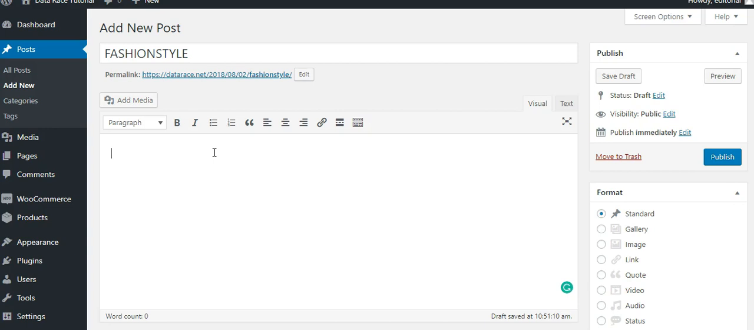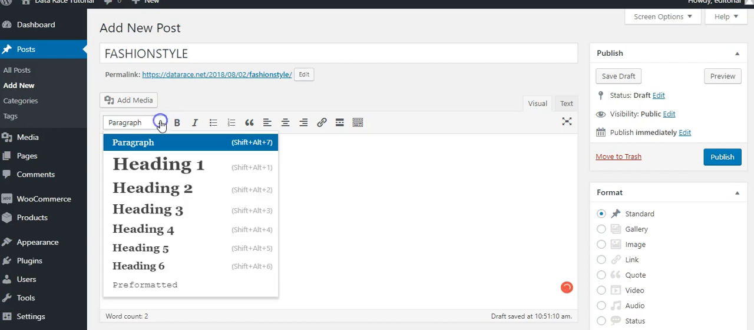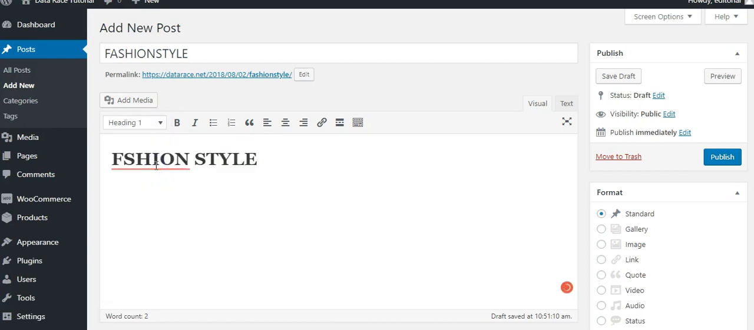So I'll put it in, and I'm going to make this an H1 tag, and then I'll proceed and start writing here. But I like doing things a little bit differently. So I write my articles outside